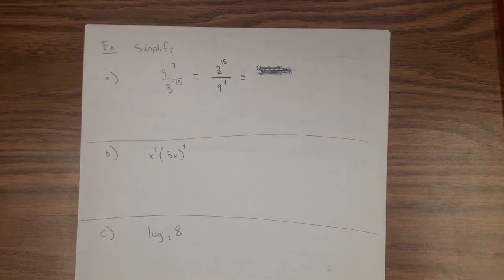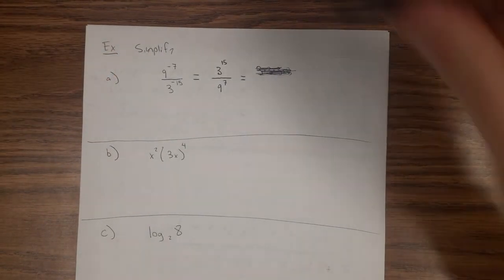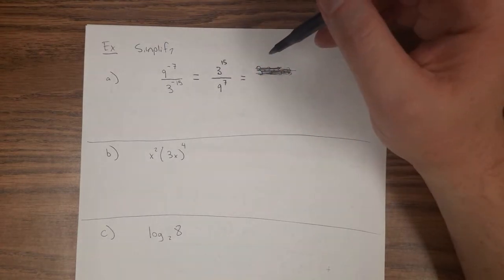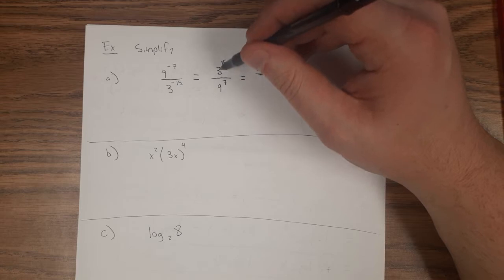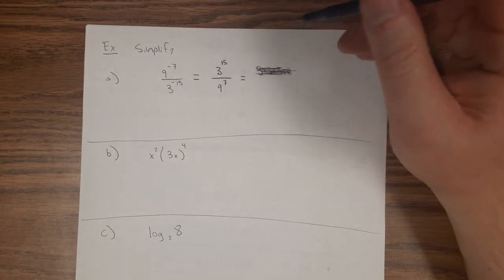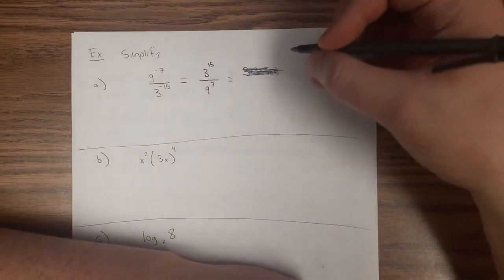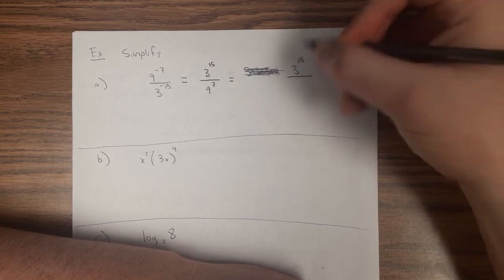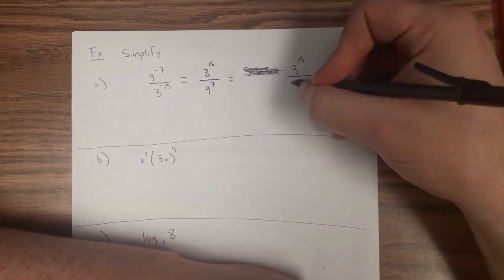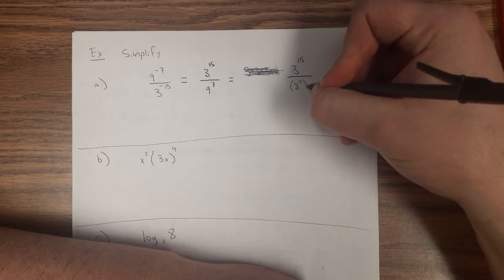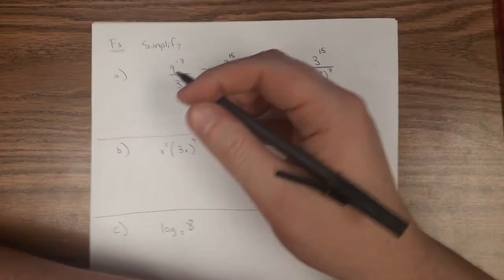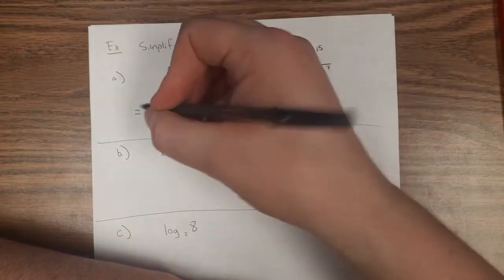Here's what we really want to do. These have a common base. In other words, 9 is a power of 3. And that would be the smart thing to do here. What I can do is this, because 9 is 3 squared. It's that. And then I know